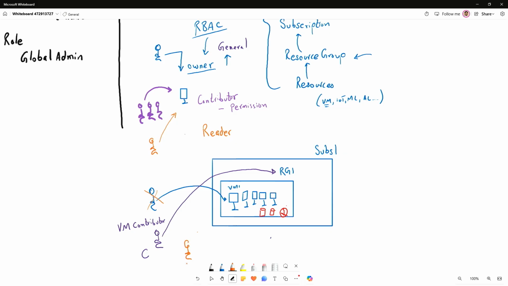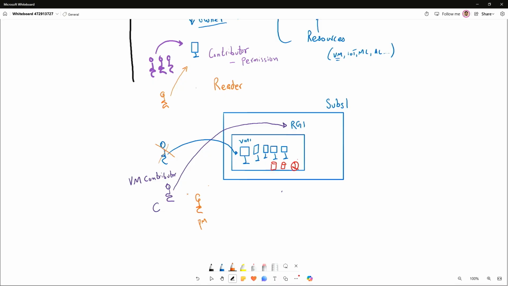The company hires a new project manager and they want this project manager to be able to manage this project. Now, currently, they don't have access to this. Nobody else has access to this resource. There are some contributors that have access to this. They can't change permissions. That means they can't assign permissions for me, or the new project manager, to be able to go into managing some of these resources.